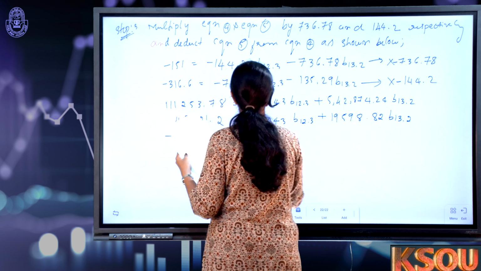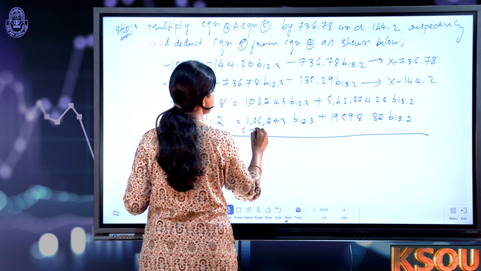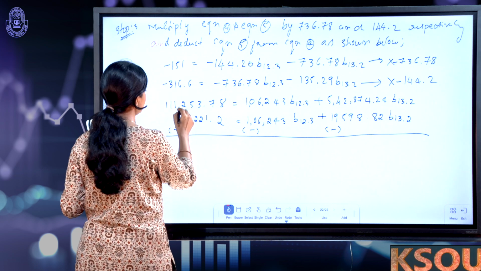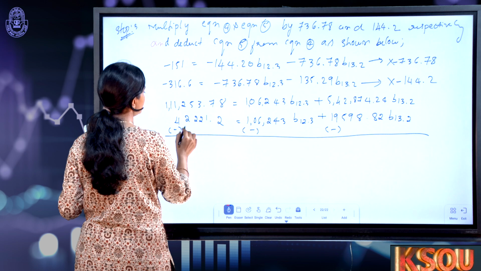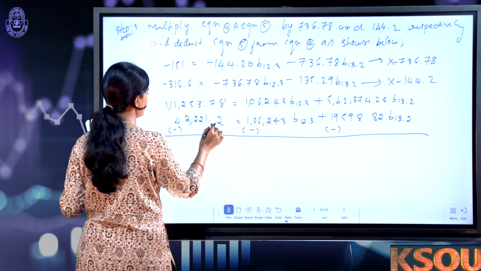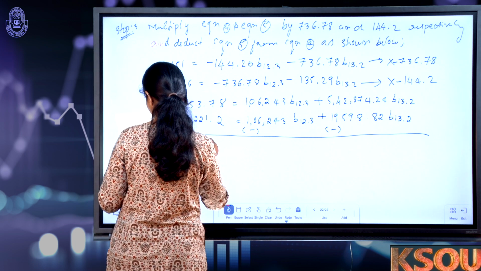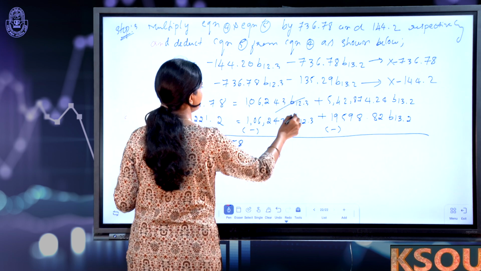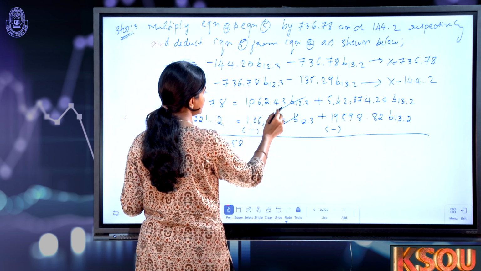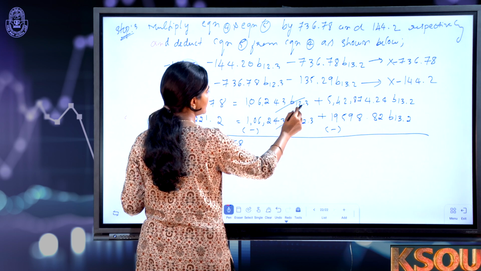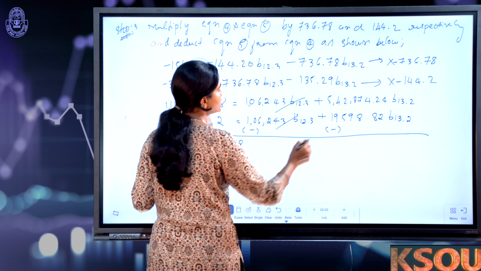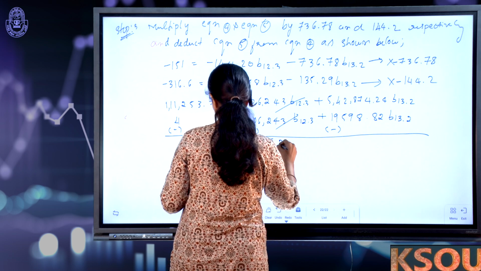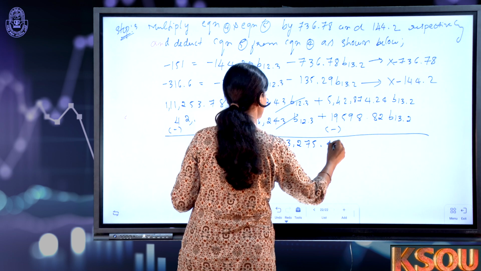B13.2. Now you can deduct these two here. Take negative sign here, minus, minus, minus. So if you deduct 1,11,253.78 from 42,221.2, you should get the values like 69,032.58. These two things will be cancelled here, because 1,06,243 and 1,06,243 with respect to B12.3 you have, hence you can cancel these two, so that you just take these two here. You should get the values like 5,23,275.42